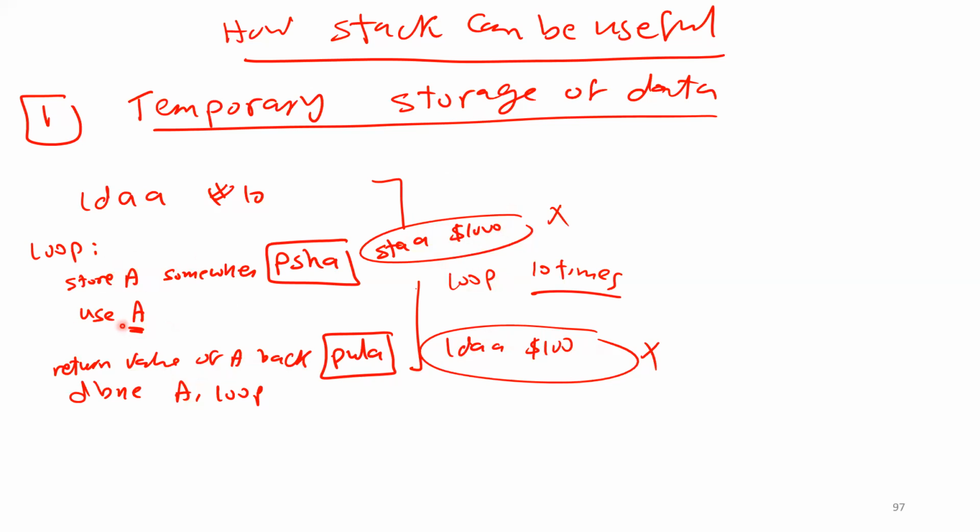Then I'm gonna use A, and then before I come here, I'm gonna get the 7 back, so that when I come here, A is storing the correct count. Okay, so this is what I told you about. However,